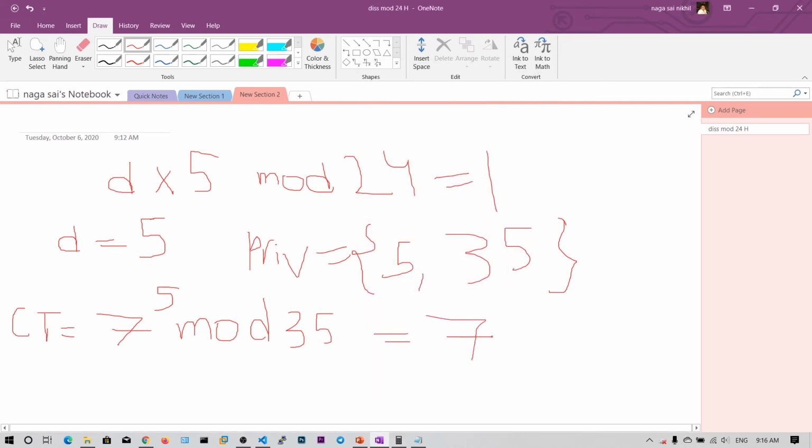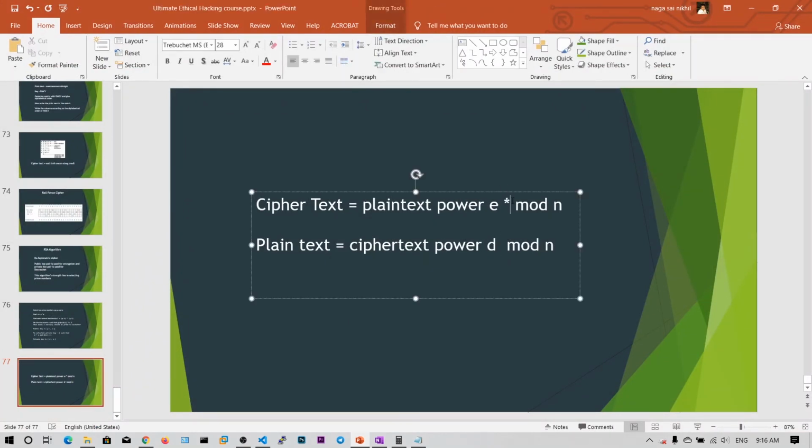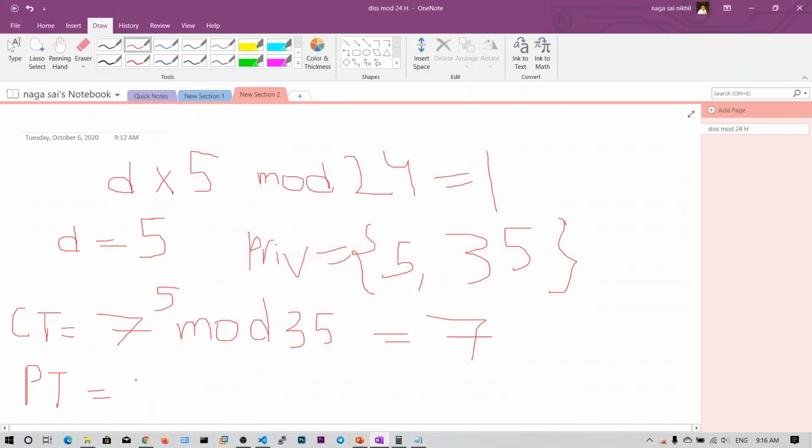So the ciphertext is 7. You can send this 7 value as the ciphertext to the receiver, and to get the plain text from the ciphertext, it is ciphertext power d mod n.